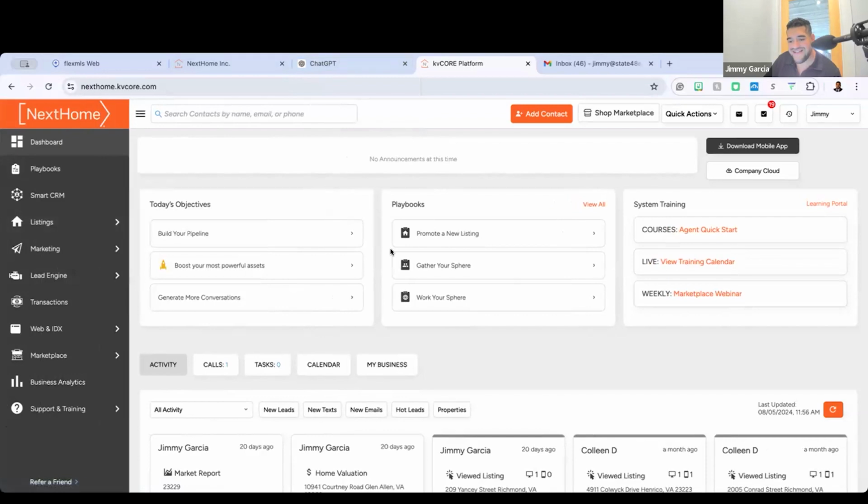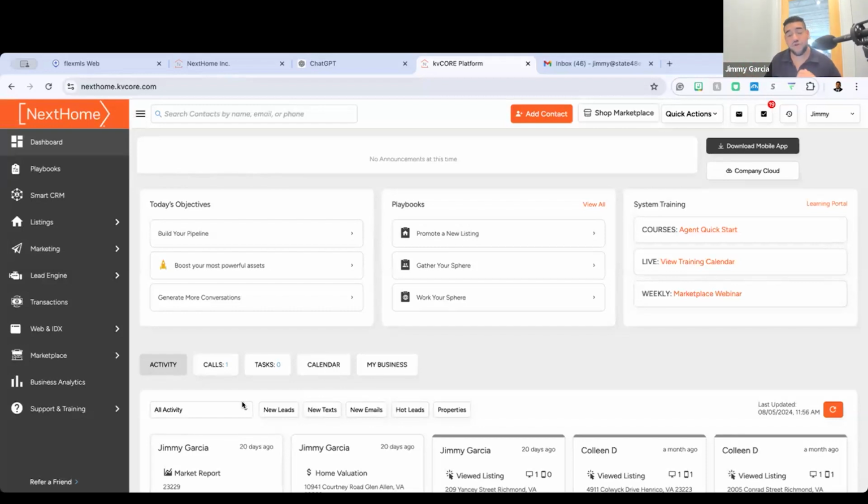Now, I know dashboards sometimes can be a little bit customized and changed. I always tell people there's really two versions of KV Core that exist. There's the version that any person could go and buy, whether you're a real estate agent or not, right? Just go and get KV Core direct access, and you can start paying in tiers for the different options it provides. You may have a very stripped down version of KV Core where all it is is contact management and automatic emails. That's all you have access to.